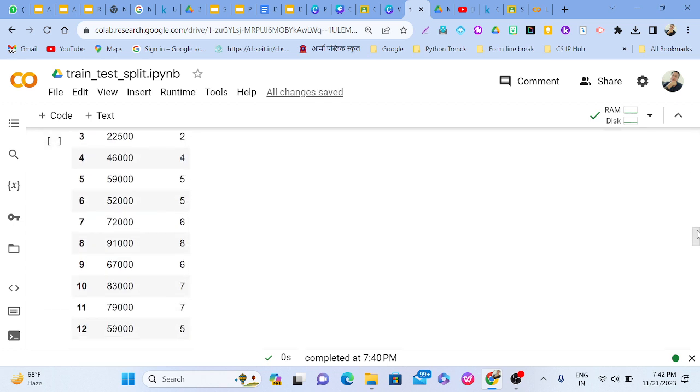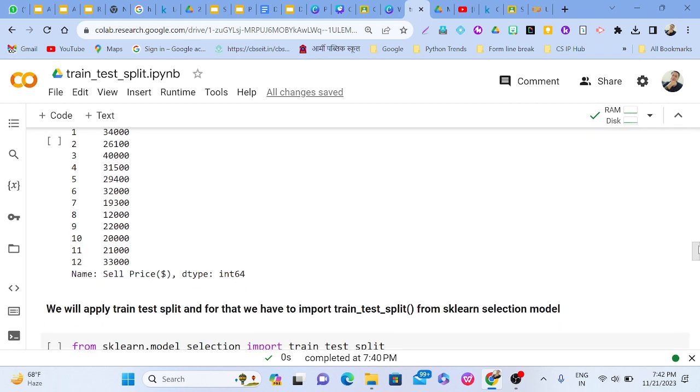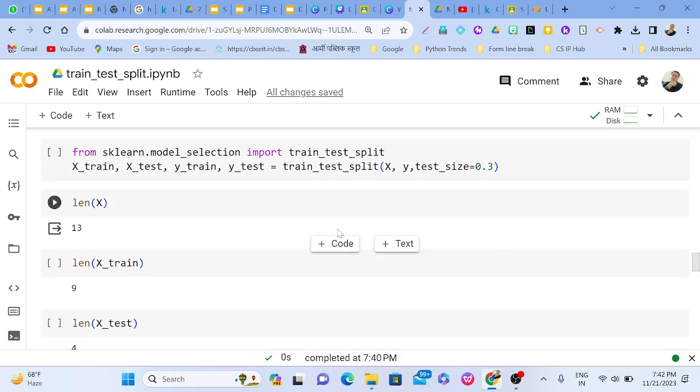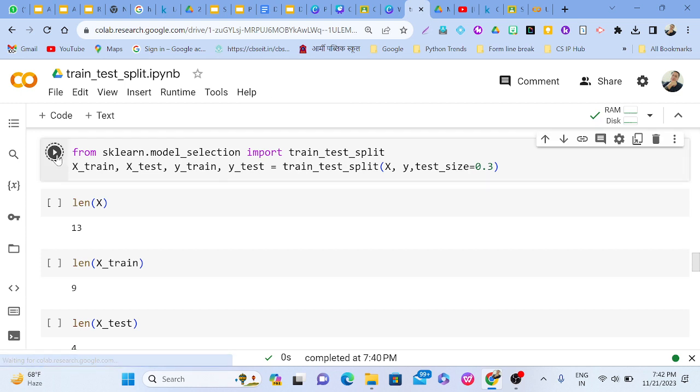Now we are going to train the model here. And before training the model, we'll have to split the data. So how to split the data? We have taken from sklearn.model_selection import train_test_split and apply this function to split the data. So I have taken x and y, these two variables, one is the independent variable and the other is the dependent variable, and testing size is 30%. No issue. So if you run this,